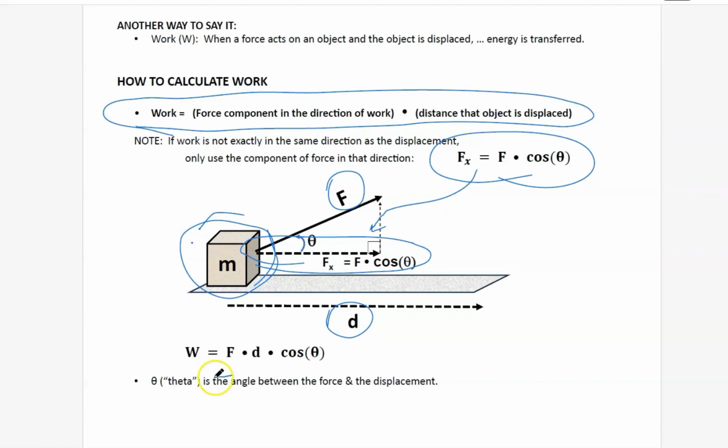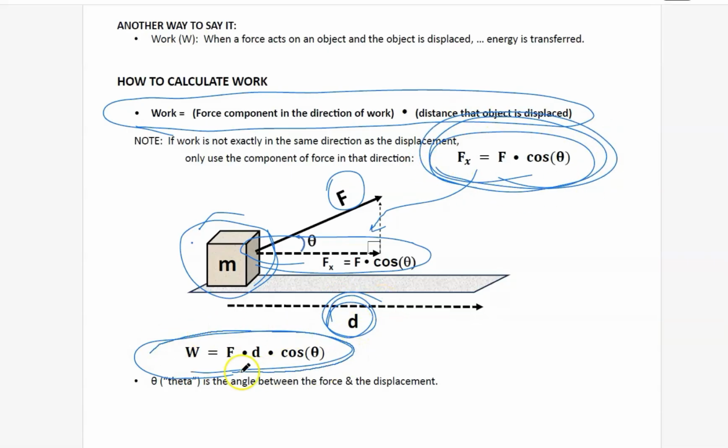So yes, the actual formula, when you take the force in the right direction times the distance, is: work equals force times distance times the cosine of theta, theta being this angle above the horizon that the force is